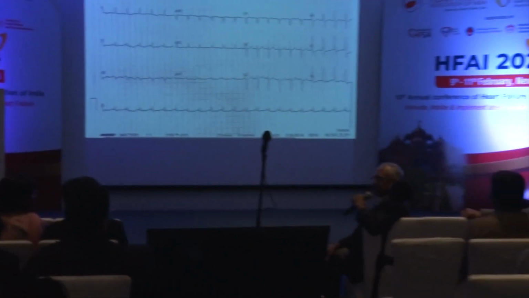You said it's atrial tachycardia with 2-to-1 block. Can you give a beta blocker for him? Diltiazem or beta blocker? Speak up. Can we give it for this person because he has a 2-to-1 block? Because there's a 2-to-1 block, you're right. You made a diagnosis. In terms of treatment,